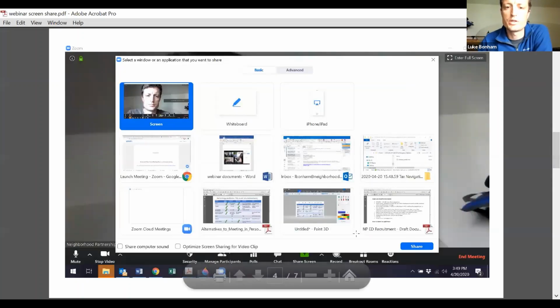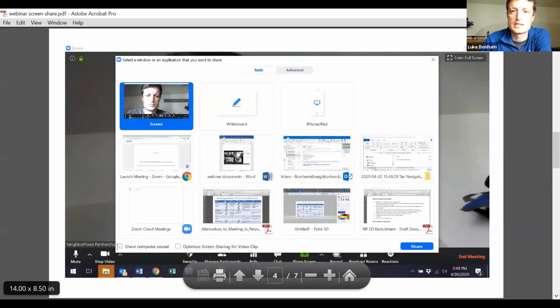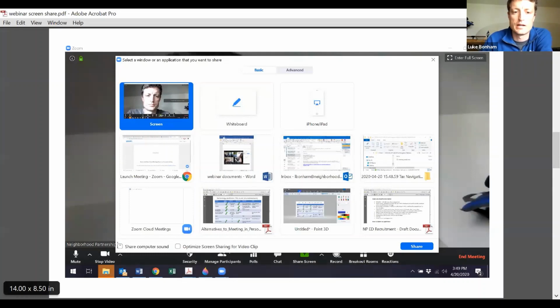So on this, when you click share your screen, down here is the checkbox to say share computer sound. If you check that, then music that's playing on your computer is going to be broadcast throughout your call, no matter if you're sharing that screen or not. So I shared my screen, I clicked share computer sound, and then I selected